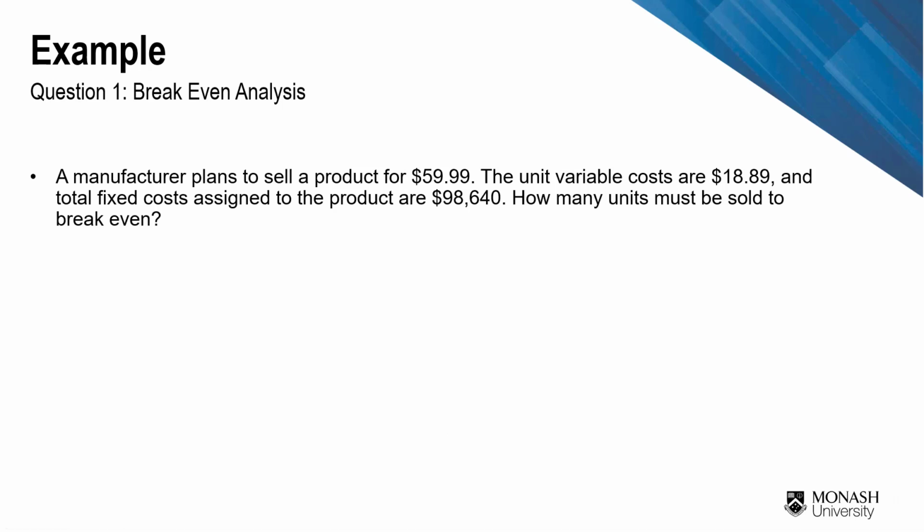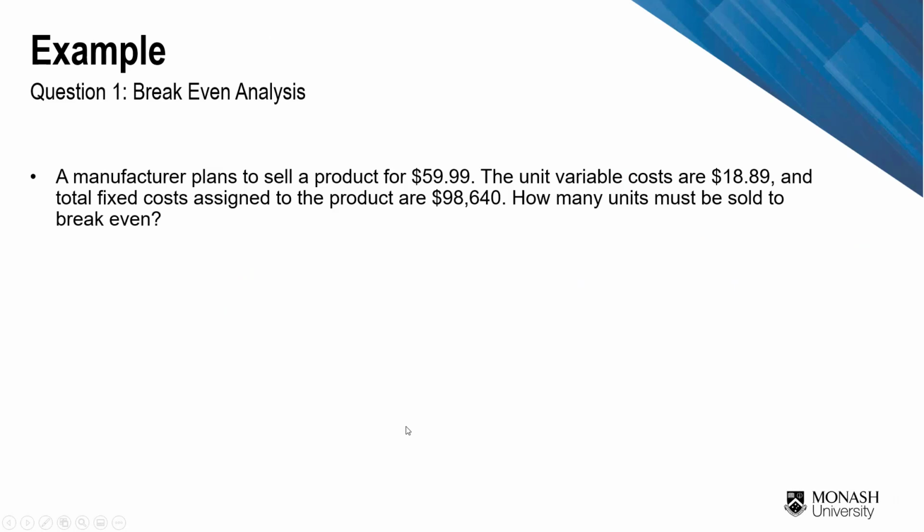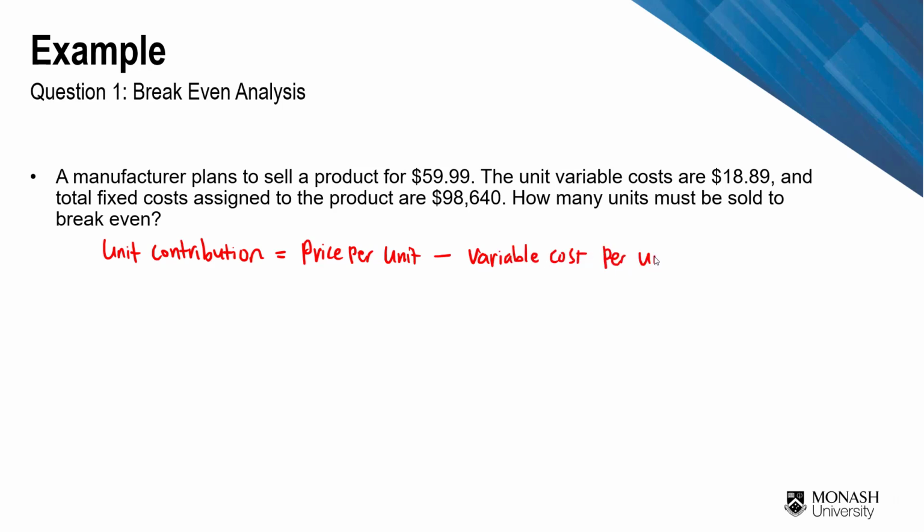Now, if we look at our previous formula, we know that our break-even volume is equal to fixed costs divided by contribution per unit. So here, we can find out what our unit contribution is. Unit contribution is going to be price per unit minus variable cost per unit. So that's going to be equal to